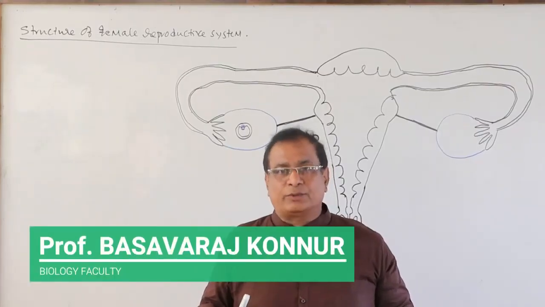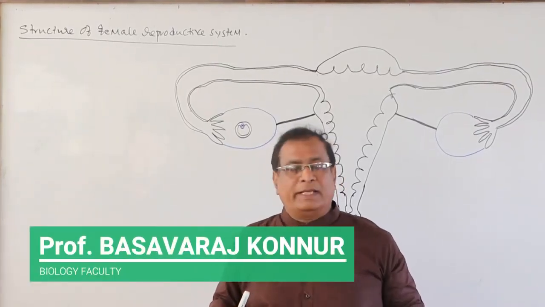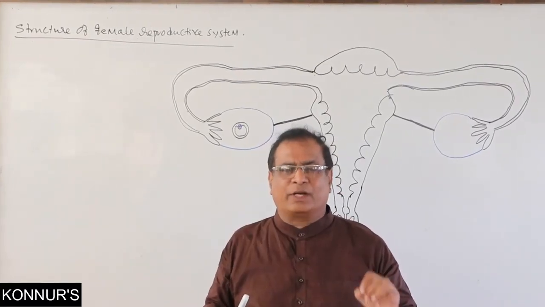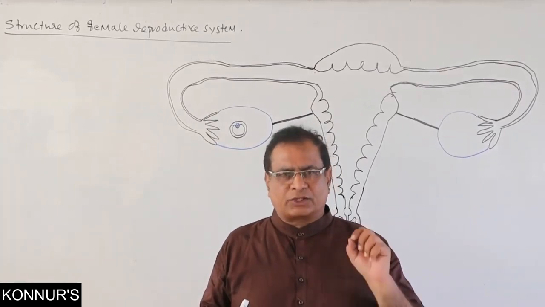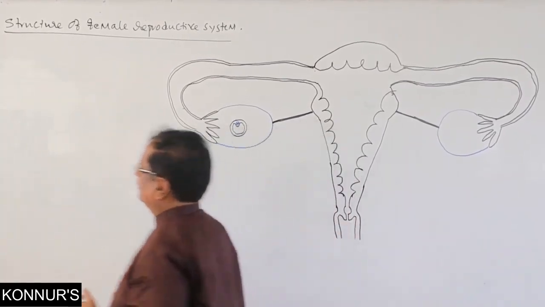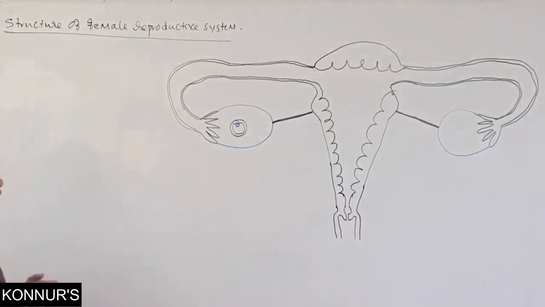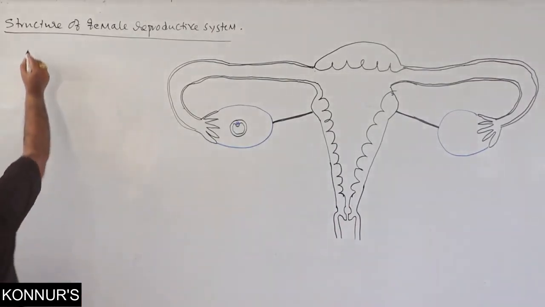Let us discuss a structure of female reproductive system. The structure of the female reproductive system involves the following parts. Those parts are